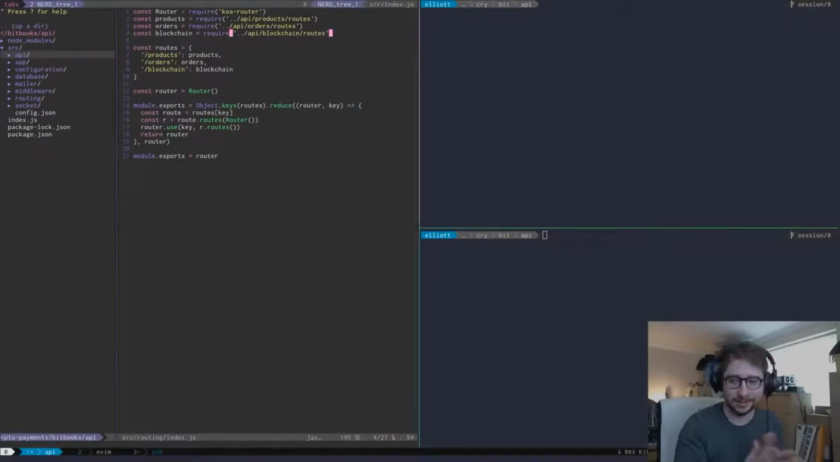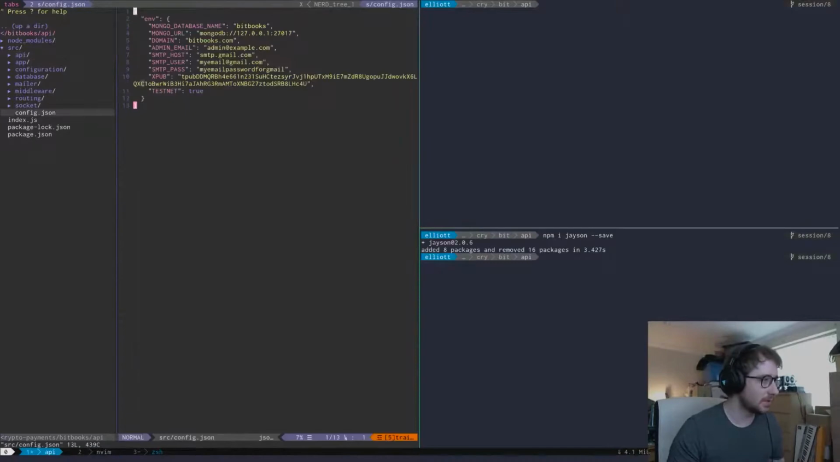Okay. Let's start with the blockchain. So, don't have any secrets this one. Let's do npm i json, save. Add that in. Okay, we want to add RPC user,